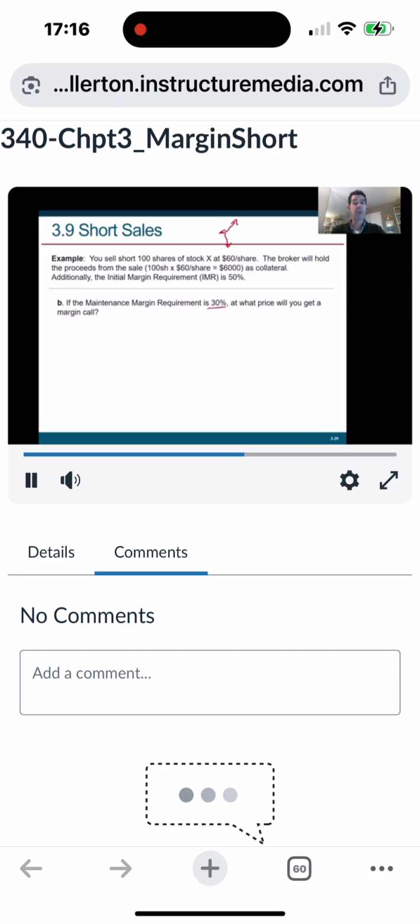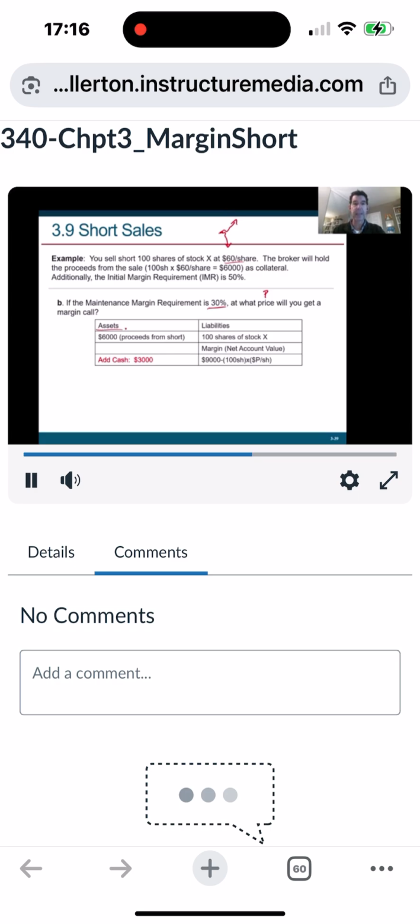So if I receive a margin call, that's a bad thing, right? That means I've been losing money. So this price, and this is what they want us to find, this price better be above the price that I sold for. Okay, that's the only scenario that makes sense. So that's sort of a sanity check. Now let's walk through the actual solving.